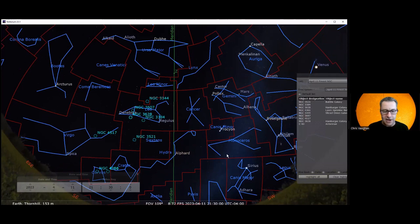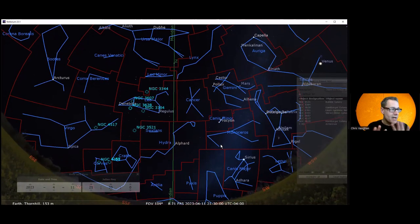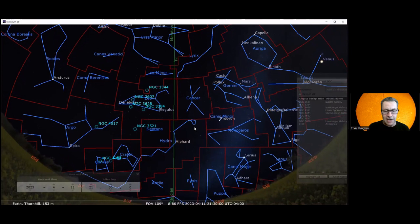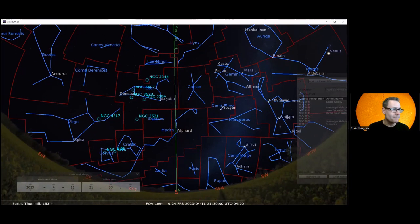So here's the set we've got for this week. And again, we're not saying that this is the only week to see them. We're just suggesting this is the next batch to take a look at. The sky is going to get dark around 9:30 local time these days. So if you're out there ready to go at say 9:30 to 10:30, 11-ish, you'll have ideal conditions to be picking these ones up. So first up, we've got NGC 3344